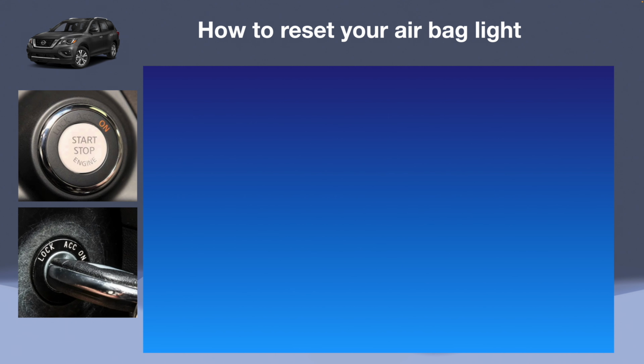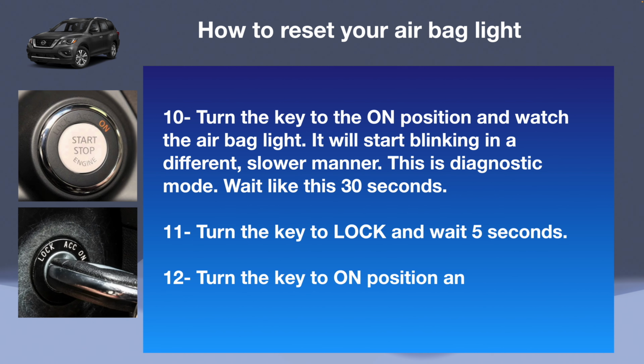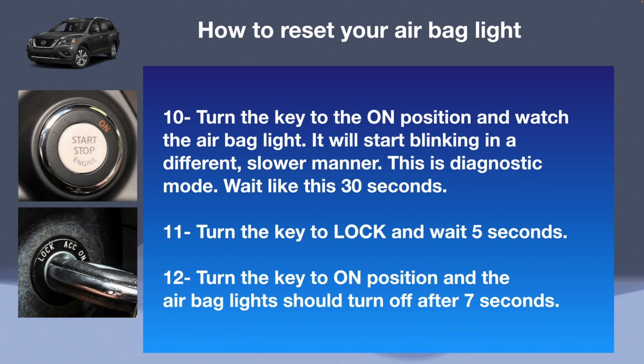After that 5 seconds has passed, what you need to do now is turn the key to the on position, and you're going to watch the airbag light again, but this time for 30 seconds. You're going to notice it will flash, but this time slowly. This is great. All right, after 30 seconds, you're going to turn the key to the lock position and wait